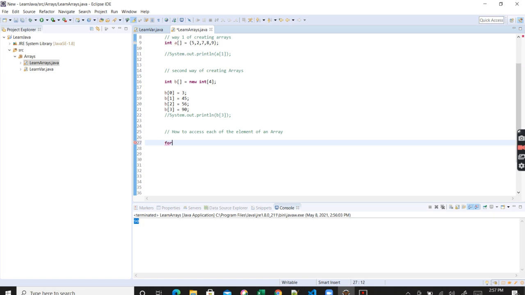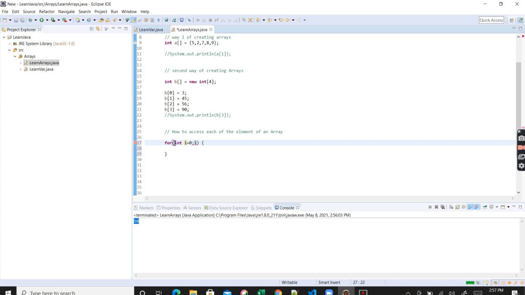I will start a for loop. So for, and then we have parentheses. Inside the for parentheses, it requires 3 parts. First is a variable, so I will say int i is equal to 0. We also call it a counter. Then a semicolon, and the condition.